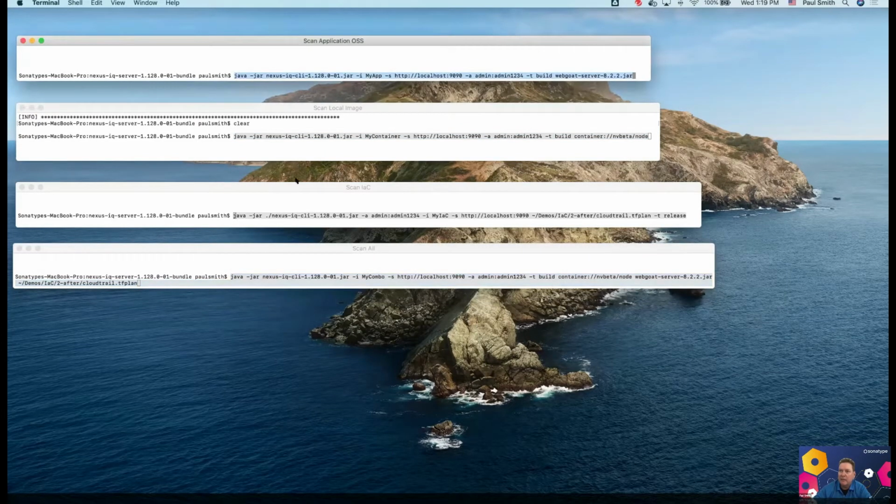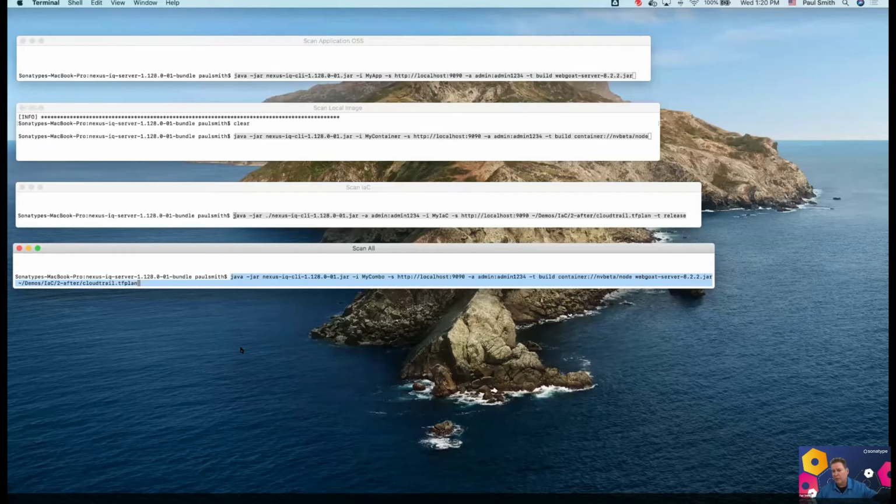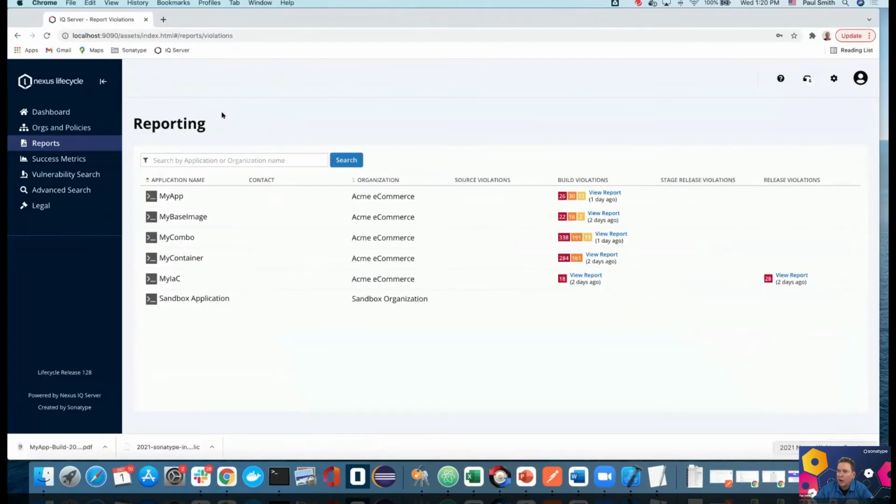I did a scan for my application, a scan for a local image that I did a Docker pull on, and a scan of my infrastructure as code. In this case, it was a Terraform plan. And then I can actually combine those, right? So again, if you go back to the anatomy of an application, I can get a software bill of materials for my container, for my application, for my infrastructure as code, or I can have a combined software bill of materials for them.